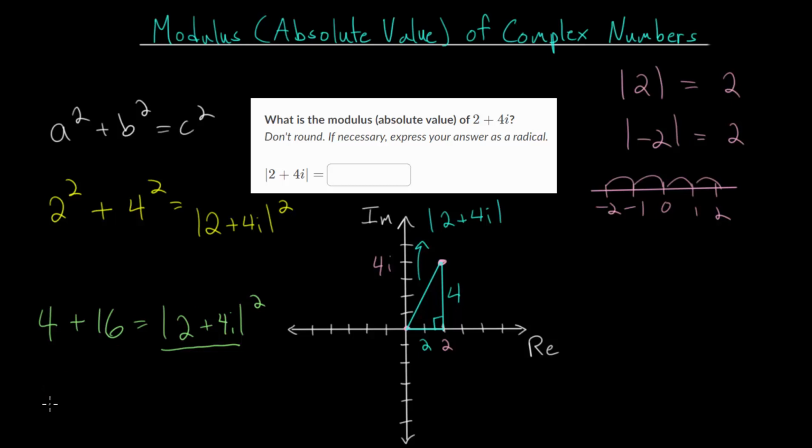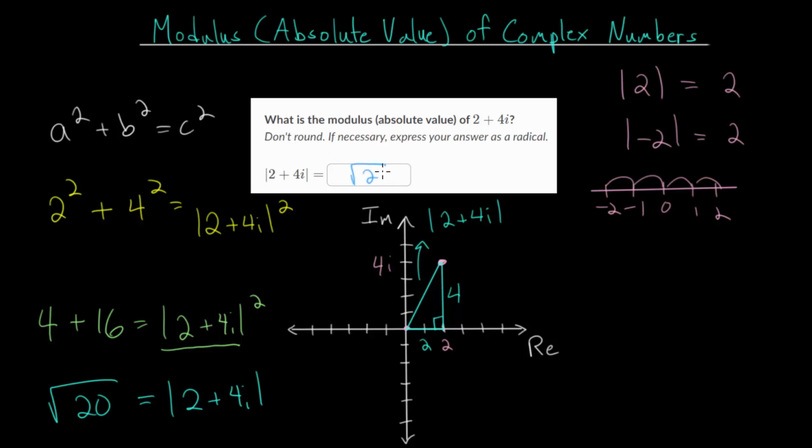And we would have the square root on each side, since that will cancel out this square. And we simplify this to 20. And all of this will be equal to the absolute value of 2 plus 4i, meaning that the length of this line, or the distance of this point from the origin, is the square root of 20,